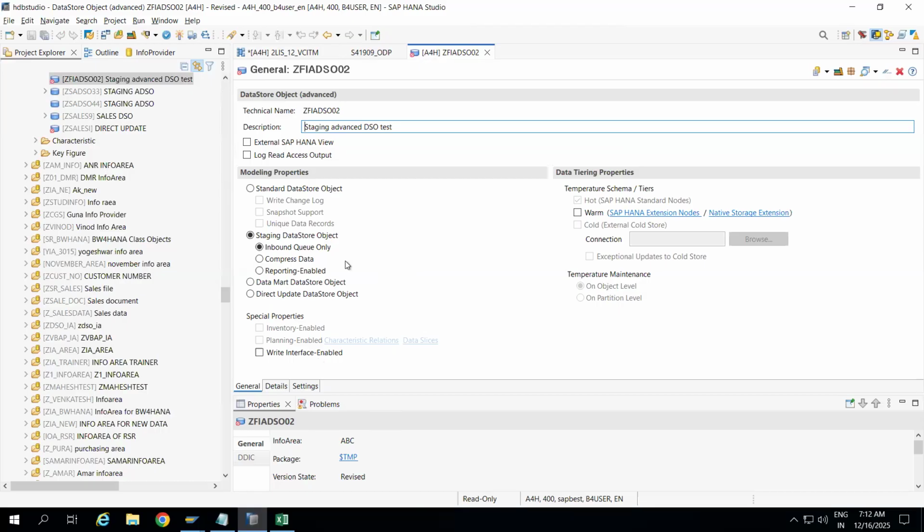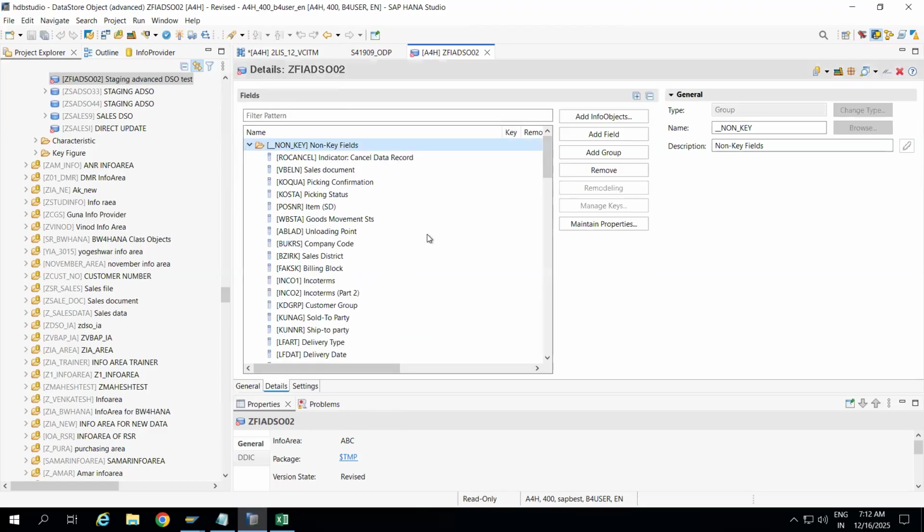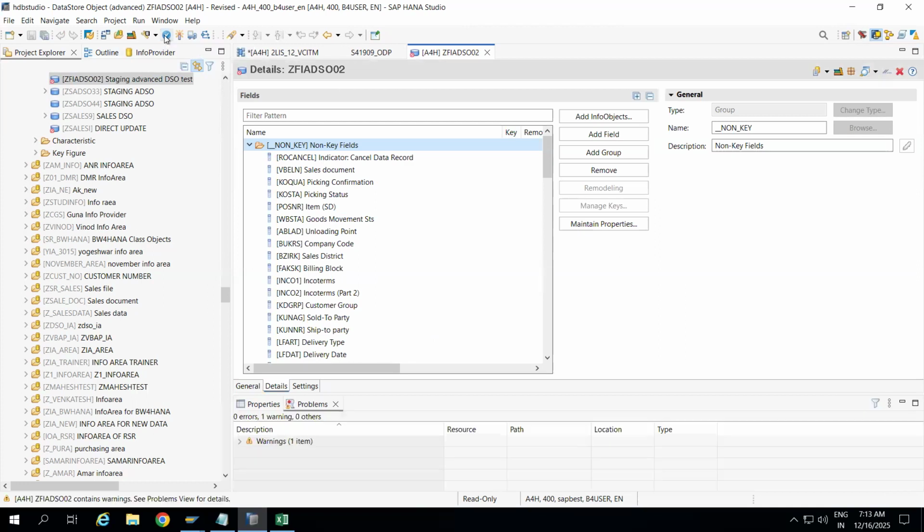By default, a staging advanced DSO will be created. So for this staging advanced DSO, we don't have any keys. If you go to details, see, we don't have manage keys. So when I go check, we won't face